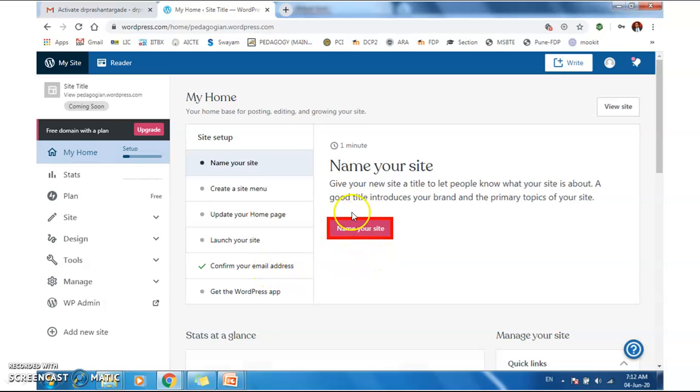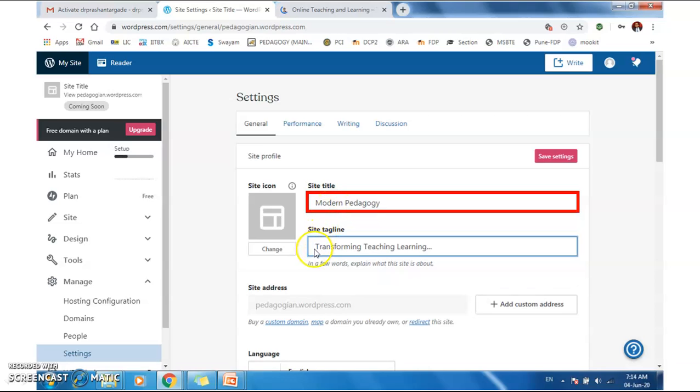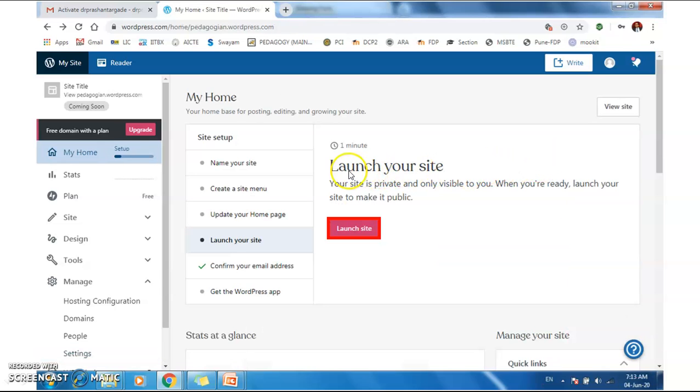So now the first step is to give a name to the WordPress website. For that purpose, just click on the Name Your Site button. Then provide the site title, and you can also add a site tagline. Once you have added the site title and site tagline, then click on the Save Settings button.